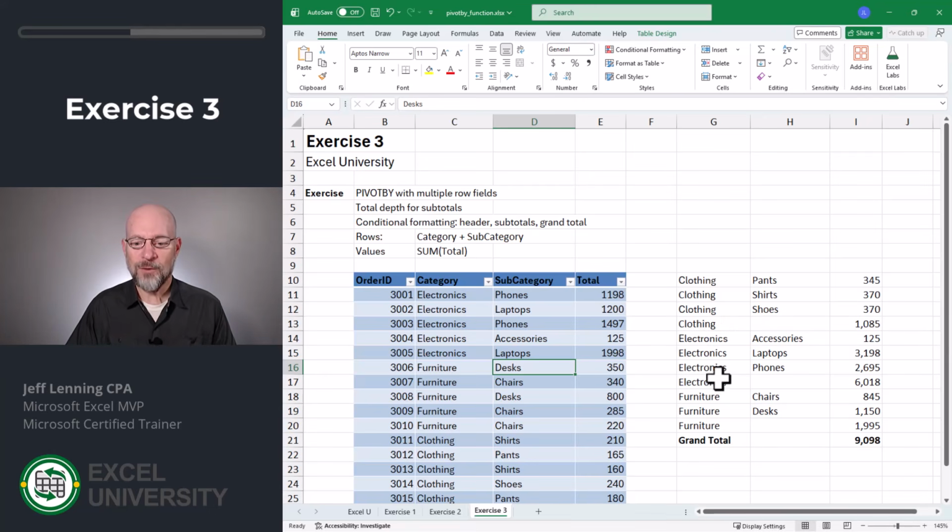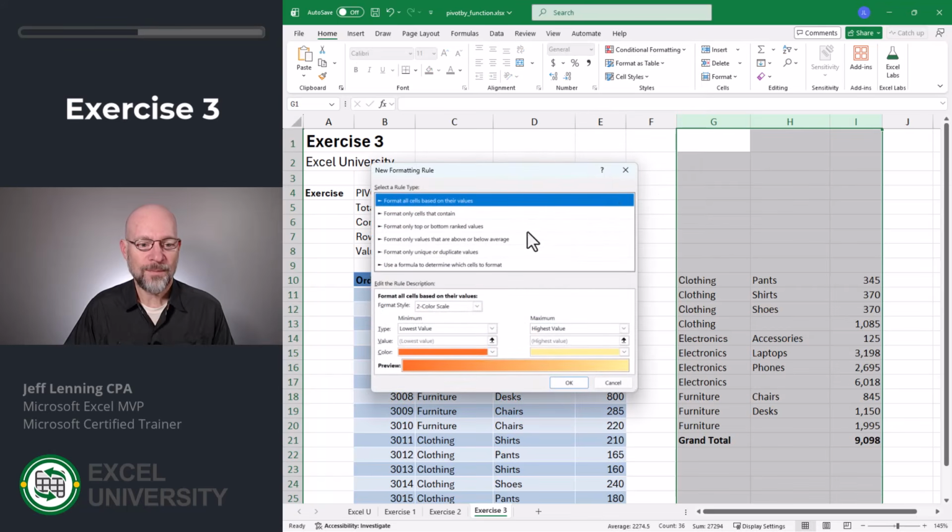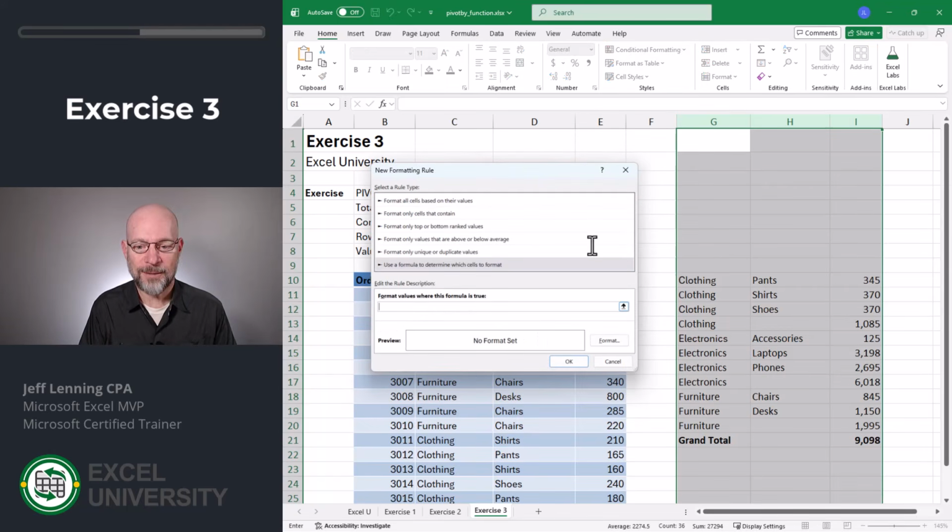And what if we wanted to format these subtotals? Well, one option is another conditional formatting rule. Let's select columns G through I, conditional formatting, new rule, use a formula to determine which cells to format. Now basically, there's a couple of ways to set up this rule. What I'm going to do is say if there's a value in column G, but column H is empty, then highlight that row. So I'm going to go equals, and, does $G1, is it not empty, comma, and is